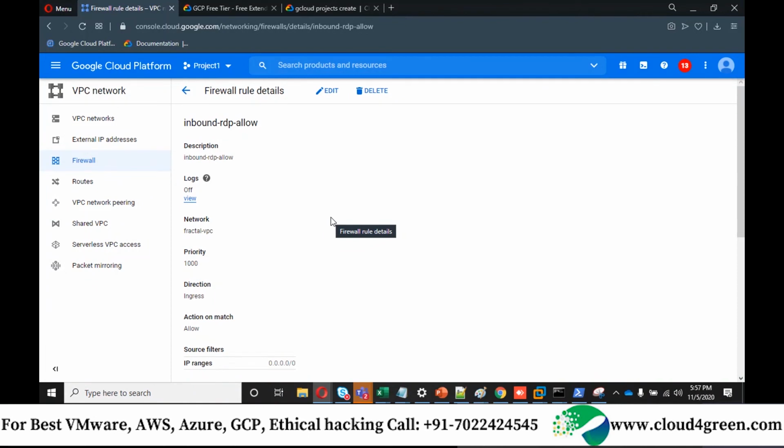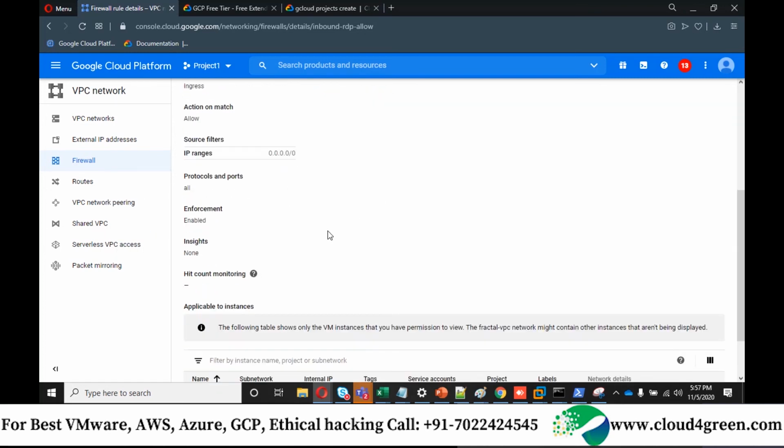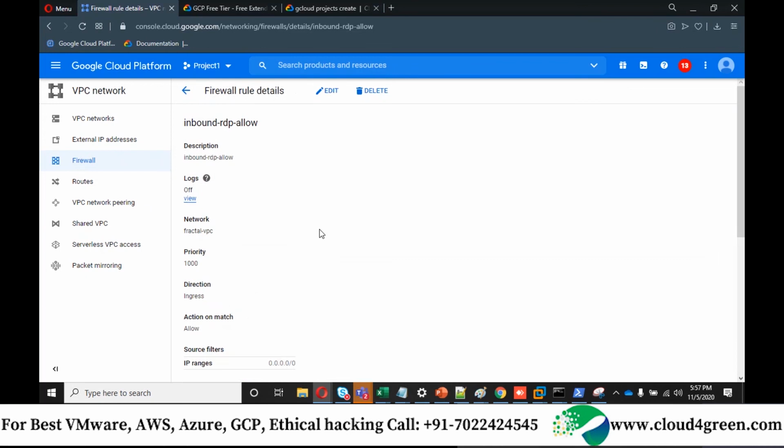Okay. Now we are going to simply deploy one virtual machine and we're going to connect to this machine. There are a lot of labs pending in VPC, but I want to show one lab at a time, and that's why I have shown how to create a VPC subnet, creating a firewall rule, and then we'll test it with a virtual machine. So to proceed further, we need a machine.